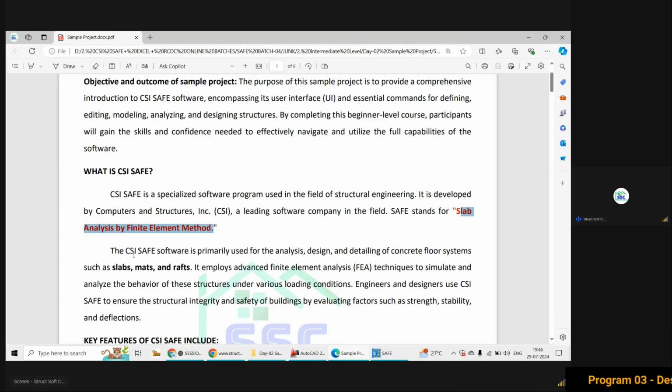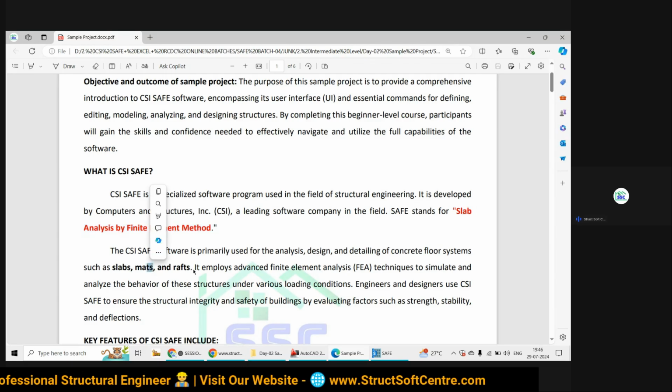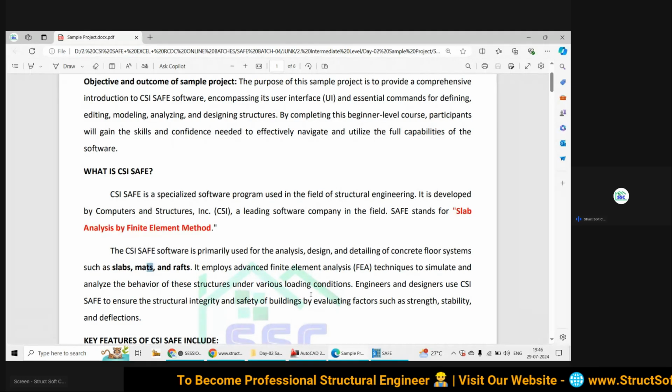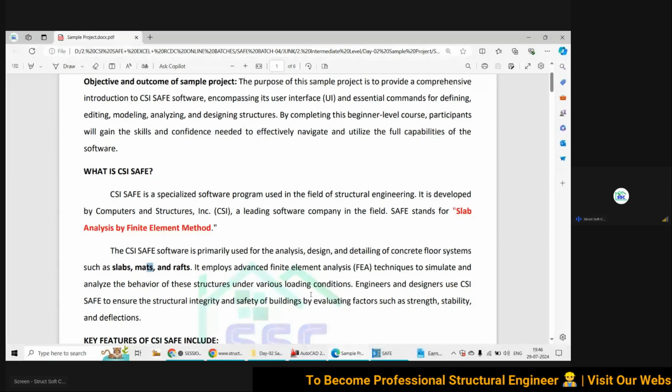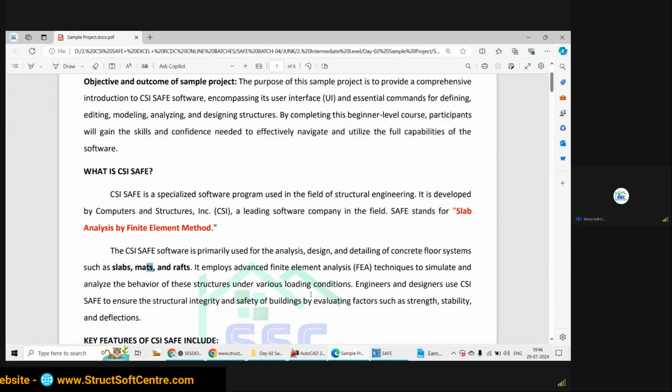This CSI SAFE software is primarily used for the analysis, design, scheduling, detailing and modeling of different slabs, mats and raft foundations. It is a whole package. This software is not going to lag anywhere. If you would like to create the geometry of your project, the modeling, you can do that with this software.